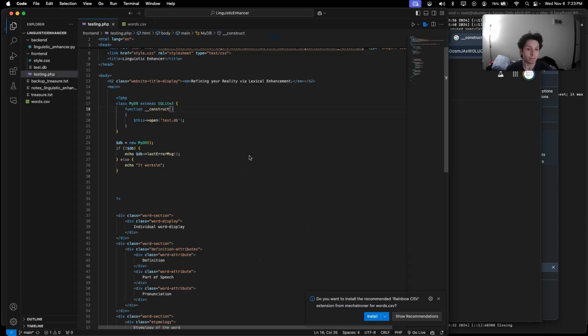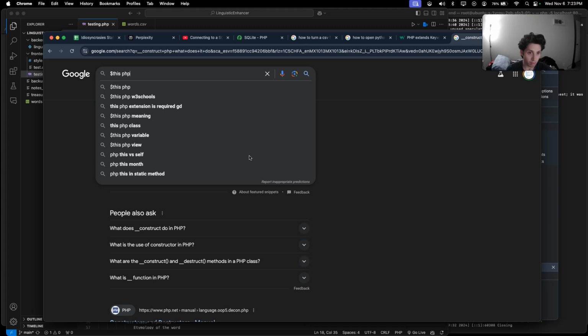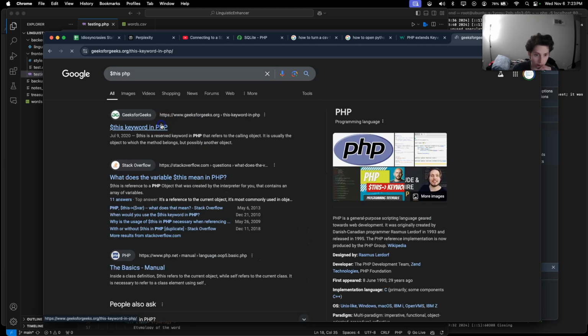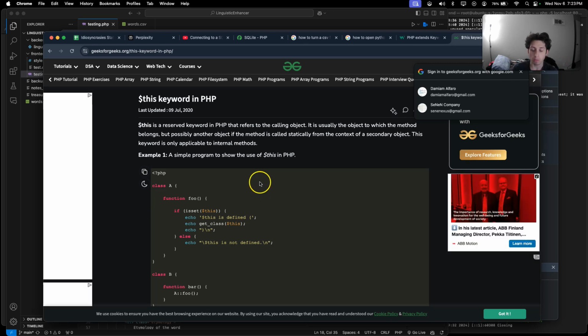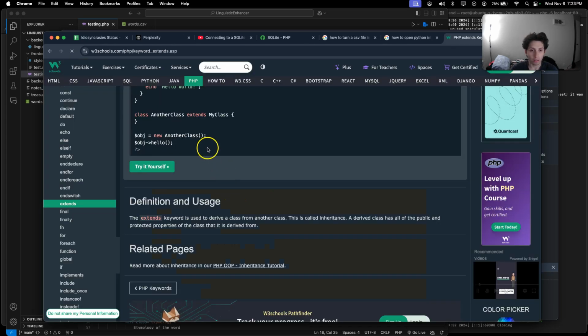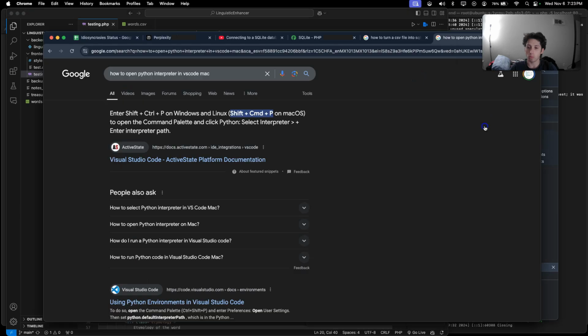Okay. Construct this. PHP keyword, reserved keyword that refers to the calling object. It is usually the object to which the method belongs. Okay. Open test. Let's see. Construct. And construct was